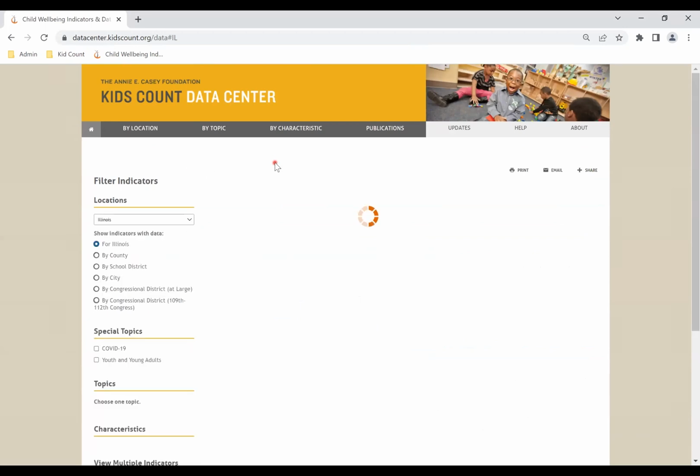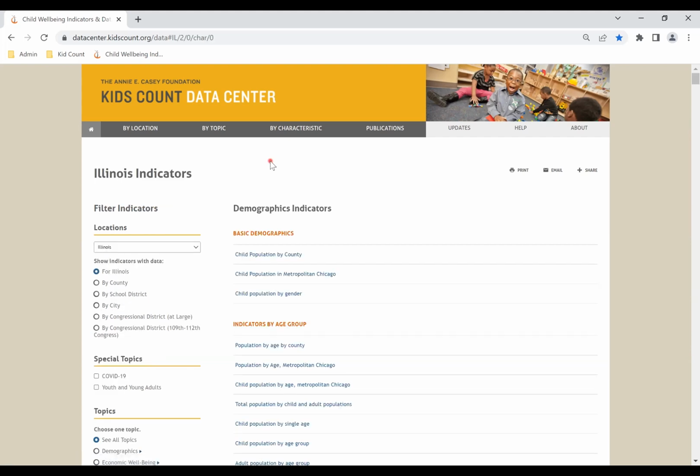So this is the Illinois Kids Count Indicator page. At the time of this recording, the YWCA Metropolitan Chicago is updating and providing data on 84 indicators yearly. In addition, the National Kids Count Project provides data on another 100 or so indicators from national groups such as the Population Reference Bureau. For those indicators, though, those data are only provided at the state level.